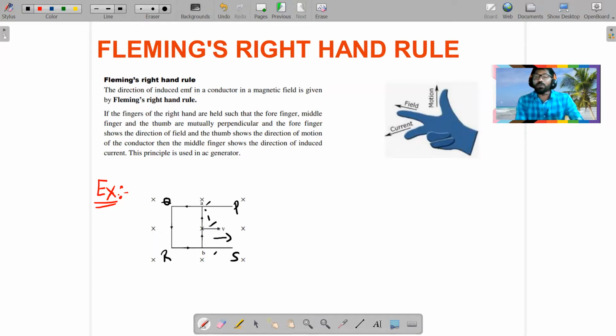So Fleming's left hand rule gives the direction of force acting on a charged particle when it is moving in a uniform magnetic field in a perpendicular direction, whereas Fleming's right hand rule gives the direction of induced current and hence induced EMF also. If a current is flowing in a conductor, you have to say that it is flowing from higher potential to lower potential. Accordingly, you can give the positive and negative induced potentials. So you have to be careful about induced potential and applied potentials while doing the numericals.